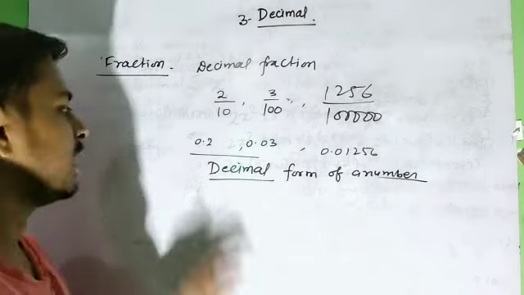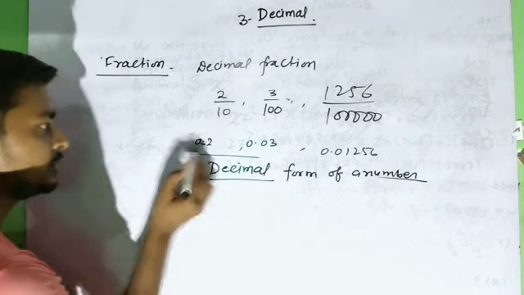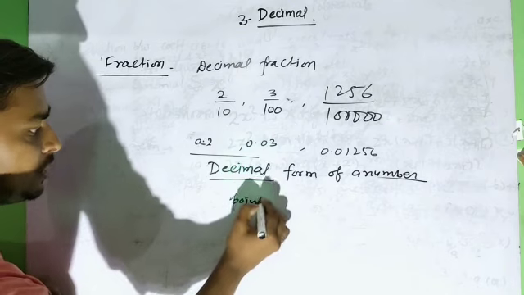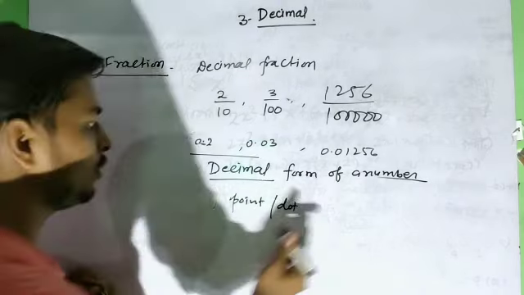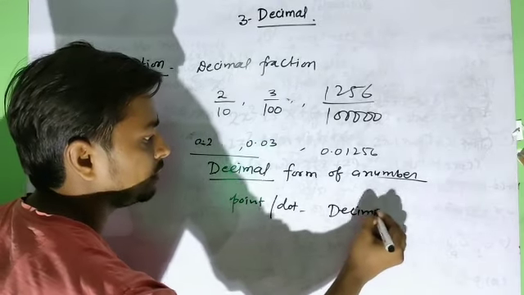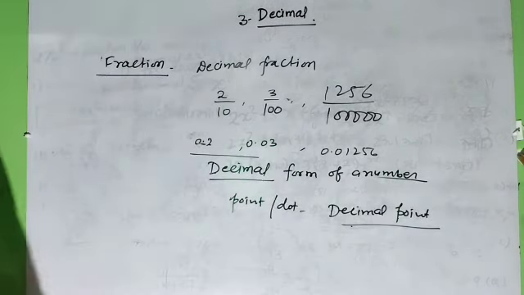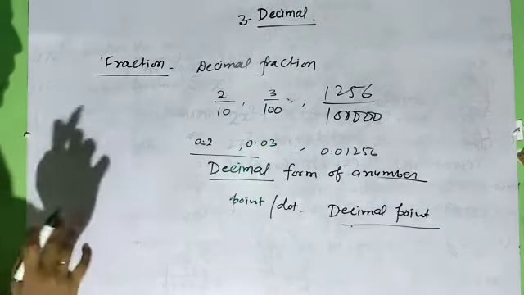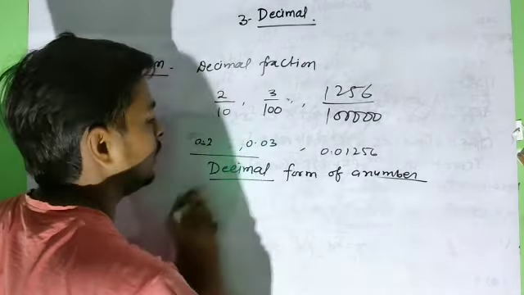Now we will start to define what a decimal number is. Just before that, we will look here that this point is also known as a dot. This point or dot is known as the decimal point. After that we will categorize it into parts. So first we will define the decimal number.